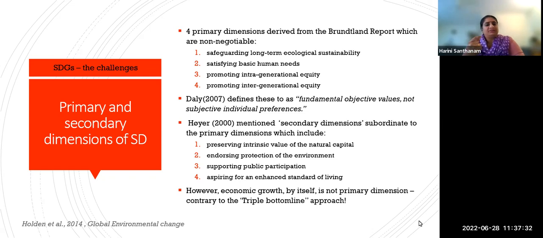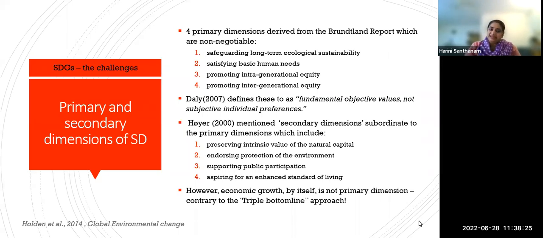When we come to the 4th one, we primarily go into the next dimension, which is intragenerational equity, quite a bit, because gender equality is something which is very much ingrained in intragenerational equity. It means that even within the generation, different strata of society and different strata of people or humans, we have to have what is known as equity, or equity in the distribution of the resources, the opportunities, and value for life. So this is what is known as intragenerational equity. Promoting intragenerational and intergenerational equity, both are important, but first we have to ensure intragenerational so that we can also ensure intergenerational equity. So number 1 to 4, as you see here, are termed what are known as primary